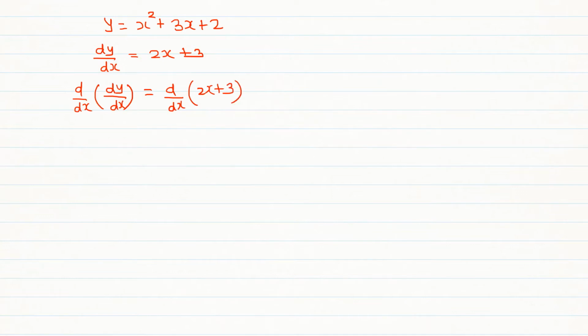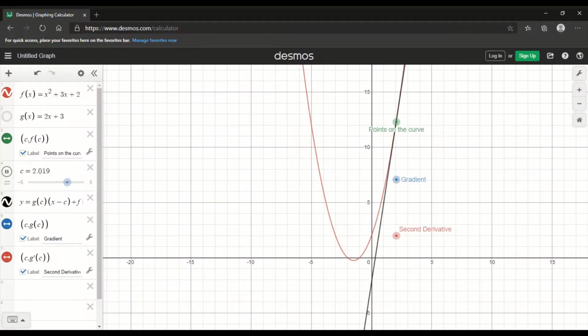So if we differentiate, this side becomes d2y upon dx square, which is equal to straight 2, because the derivative of 2x plus 3 is 2. It is also possible to find the third order derivative over here, which is d3y upon dx cube, and it will be 0 because it's a constant. Now once we have done this question on first derivative and second derivative, let's look at the animation which is